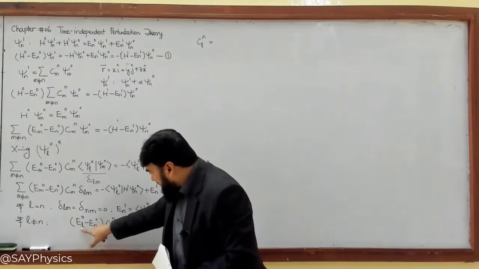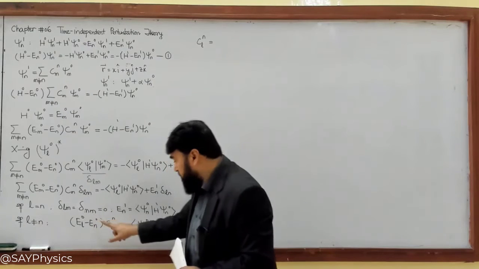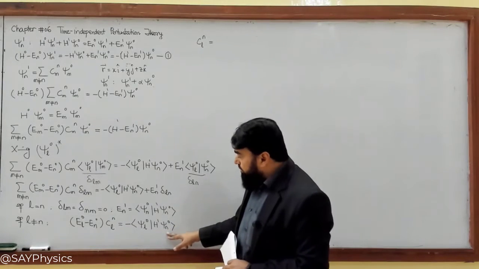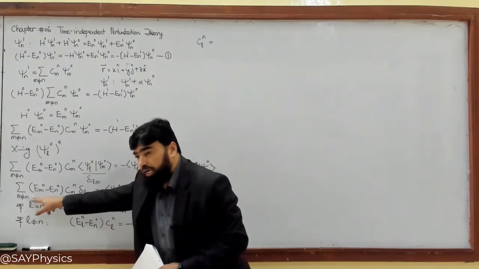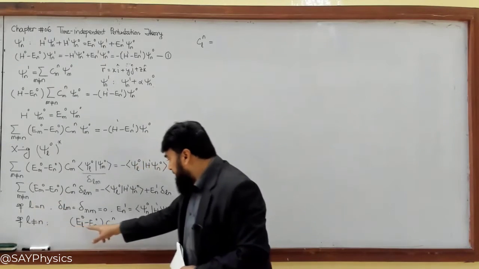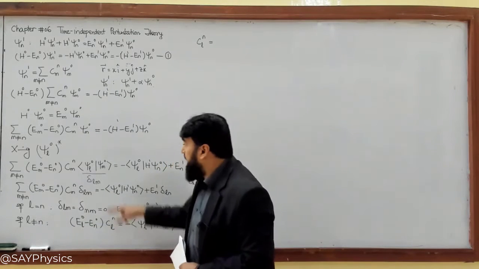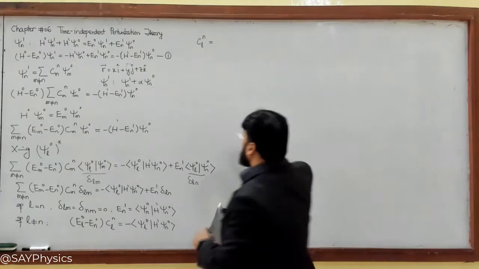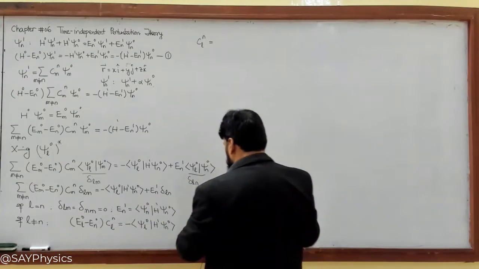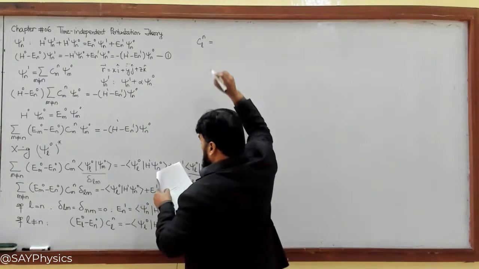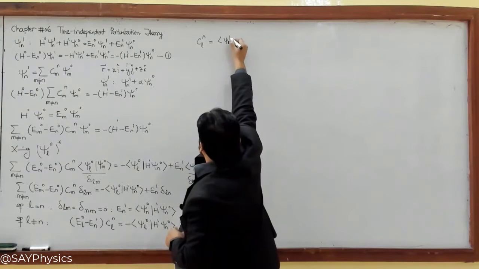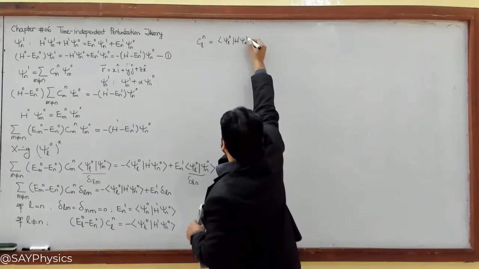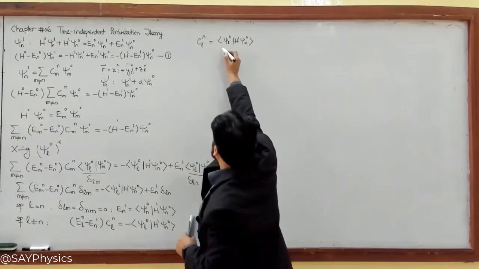Then you are having L0 and N0, two values. Here L and N, here L and N. So if I want to write this thing in the summation form and M is not equal to N, then I can write summation on this will become Mn, because here I am using Mn, so I will just go back to those values. And I can write that CLN from here is psi L0 H prime psi N0, this value divided by